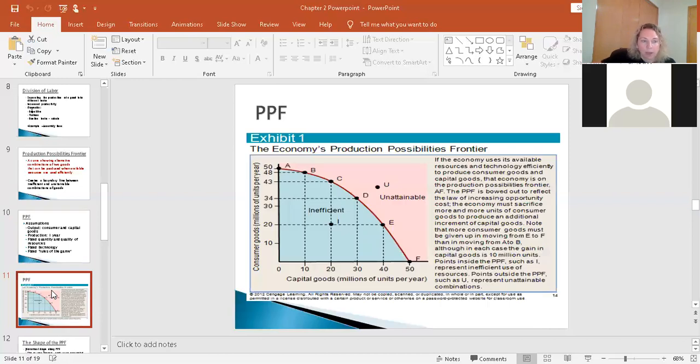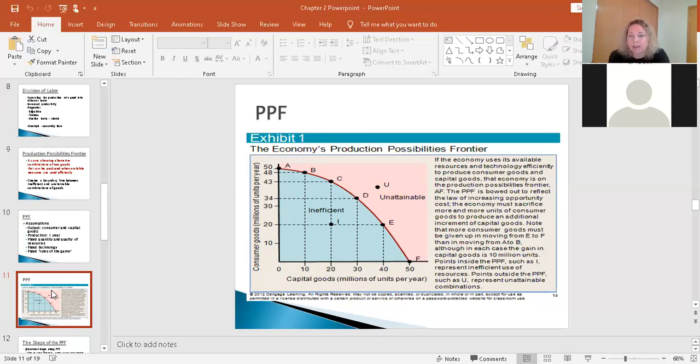So let's look at a PPF. This is your first look at the PPF. The PPF is actually that red line, sorry, not a line, a curve, that red curve that starts at point A and then slopes down and we end up at point F. Every point along the PPF, not just points A, B, C, D, E, and F, but every point between A and B, between B and C, every point along that red line,